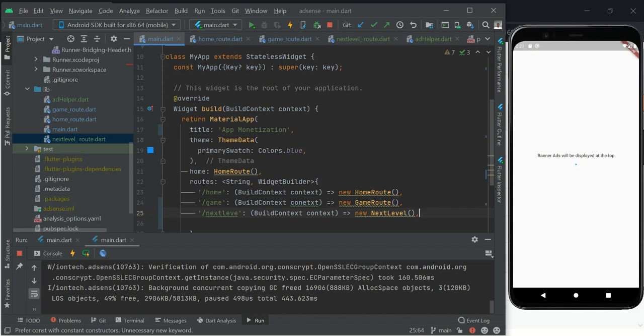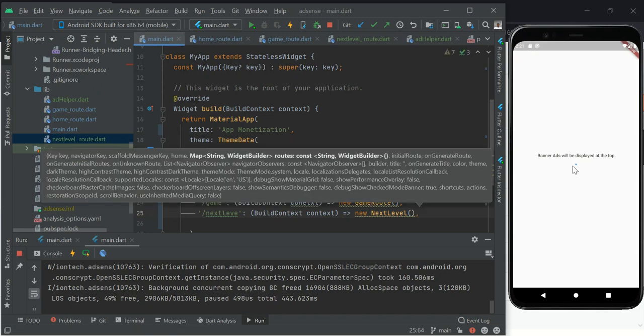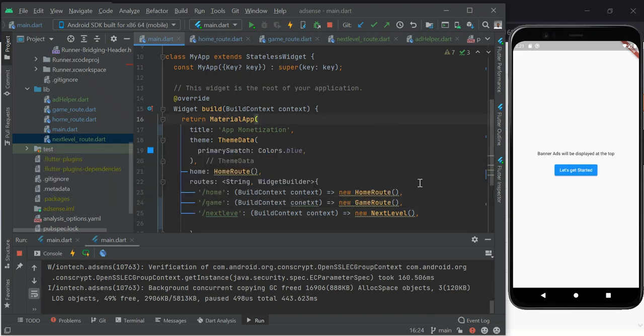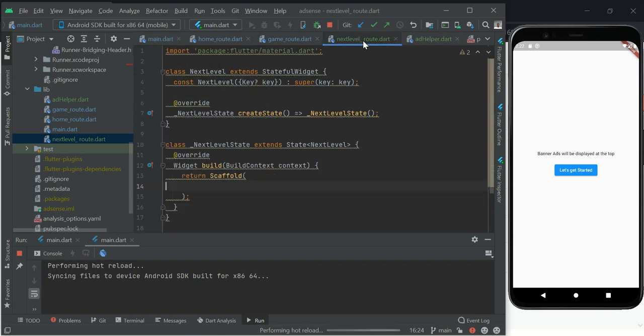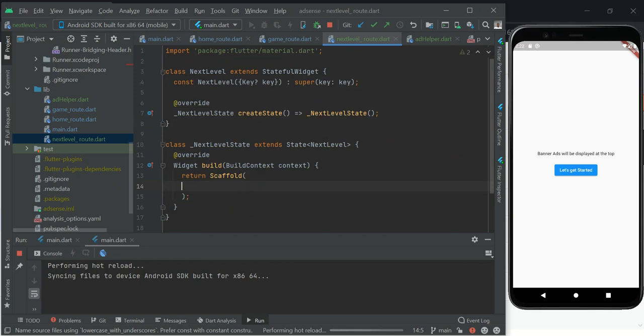So this is just it. So it's supposed to be showing our loading progress bar right now. Okay, it has been able to initialize, and let's quickly refresh so that all these that we just implemented will be added. So in our next level route, we want to put body,